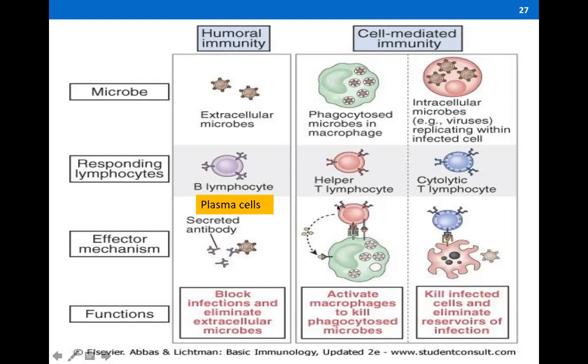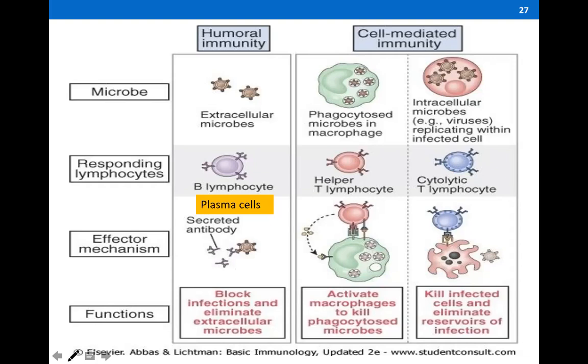And when you say helper T cell or the T lymphocyte, as exhibited by CD4, the function of these T helper cells will just activate these macrophages to kill the phagocytized microbes. Whereas in this area, another cell-mediated immunity cell would be the T cytolytic or cytotoxic cells, exhibited by CD8. They will kill infected cells and they will eliminate the reservoir of infection. So basically, generally speaking, in summary, T lymphocytes, cell-mediated immunity, whereas your B lymphocyte, their antibody-mediated type is your